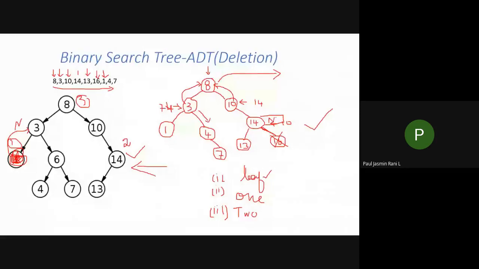When I do this, what will happen? Automatically, this node will be detached. Am I correct? Only when I have the 16 node address will I visit the 16. Suppose I don't have this address, and instead I have a null, then I will stop the iteration. So automatically this particular node will be detached from the binary search tree. So this is the way of doing your first case. Can you follow? Is it clear for case 1?